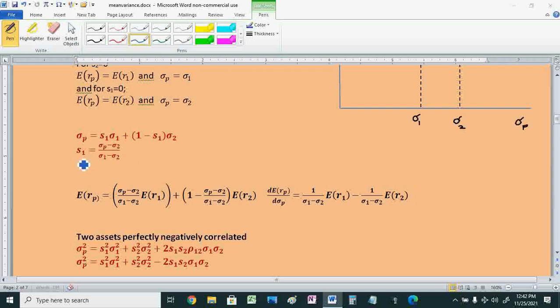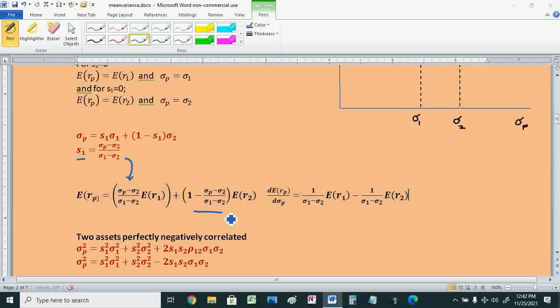And after doing that, in this equation for expected return on portfolio, I am putting this formula in place of S1. So see that this is still S1 times ER1 plus S2 times ER2, and then if I take the derivative